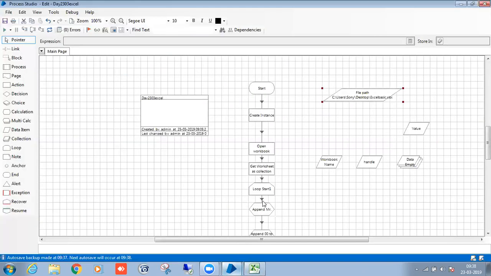These scenarios are handled by using an environment variable. There's a separate concept called environment variable. In real time, whenever you use any file path, it should be taken in an environment variable. The testing team, before running the bot, will edit the environment variable and update the file path.